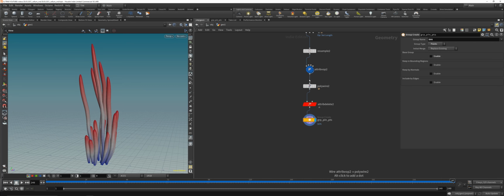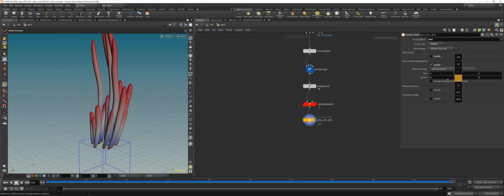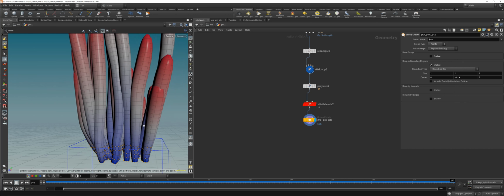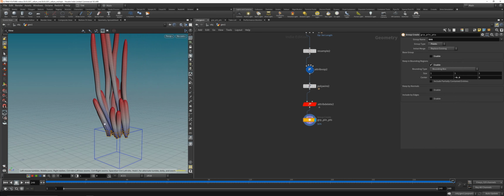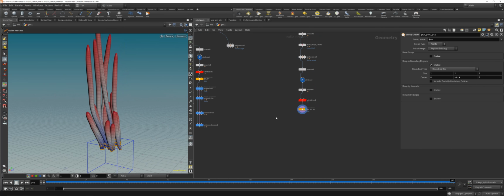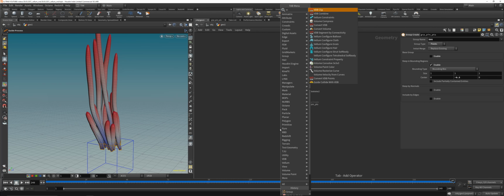Of course, you can make the points procedural with the curve view attribute, for example, but I will do it just with a simple bounding box for now. And we will create a point group in the lower bottom direction of the plants. And after that, we will use the Vellum configure softbody,